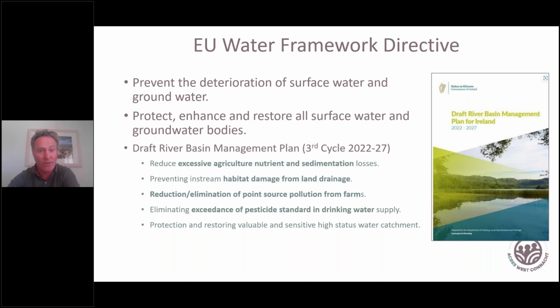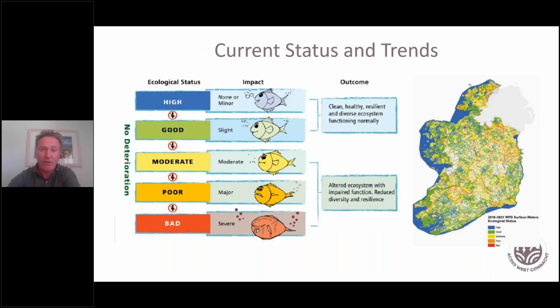losses from land to watercourses, prevent in-stream habitat damage from land drainage, reduce and eliminate point source pollution from farms, eliminate the exceedance of pesticide standards in drinking water supplies, and an overarching objective is the protection and restoration of valuable and sensitive high status water catchments. So that's the overall picture of the Water Framework Directive. Within the Water Framework Directive, the EPA are the statutory agency responsible for assessing the ecological status of water bodies, and